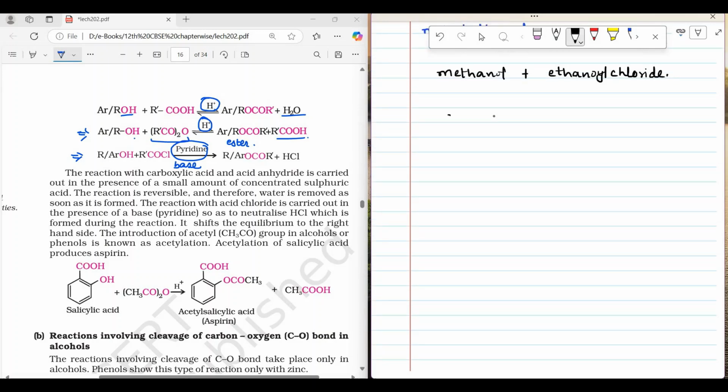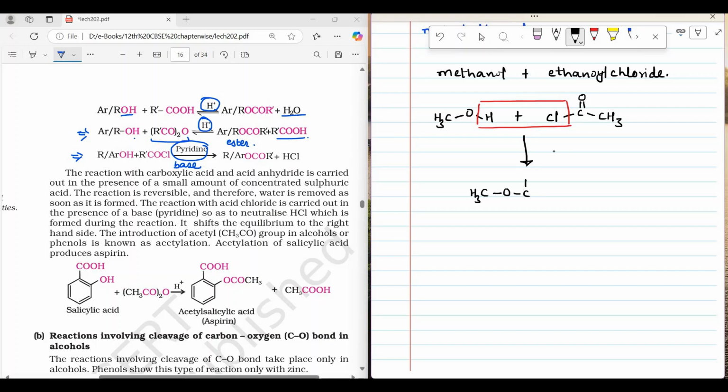Now let's draw the structure of methanol. So CH3OH is the methanol, and ethanoyl chloride, I am going to draw the structure of ethanoyl chloride in the reverse order. So here Cl, and it is bonded to carbonyl carbon, and here it is bonded to CH3 as it contains 2 carbon. Now when you remove hydrogen from the alcohol and chlorine from the ethanoyl chloride, you will get your product. So here you will get the product